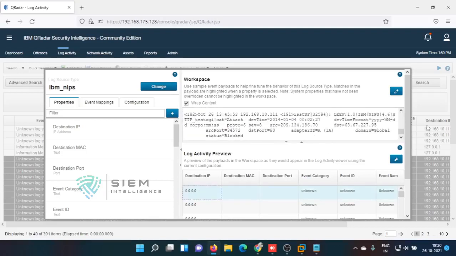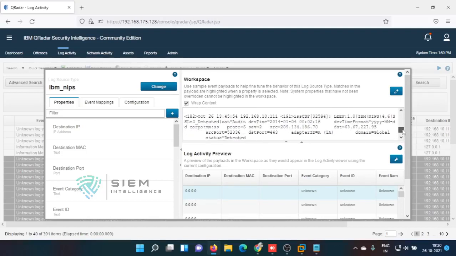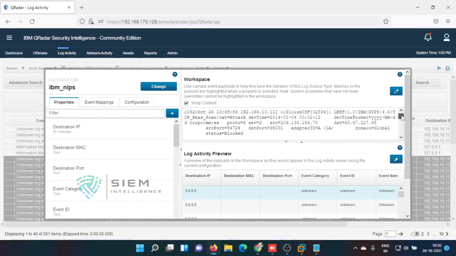Here the destination IP is showing 0.0.0.0, but there is a destination there. We need to pick this property. Yesterday we used some destination regular expression to extract this kind of properties. So see, this is the destination IP. It is not picking anything. Why? Because it is showing 0.0.0.0. So now what I am doing,